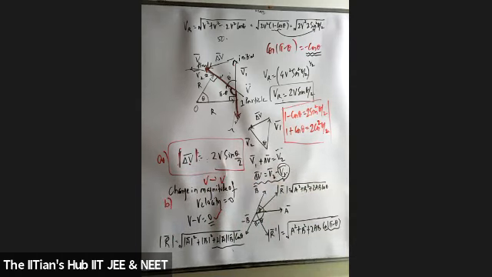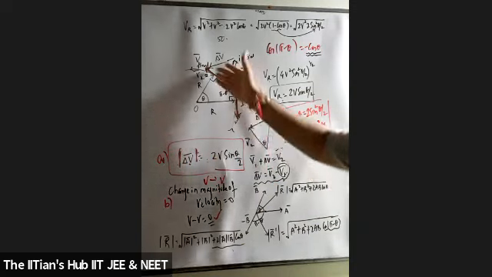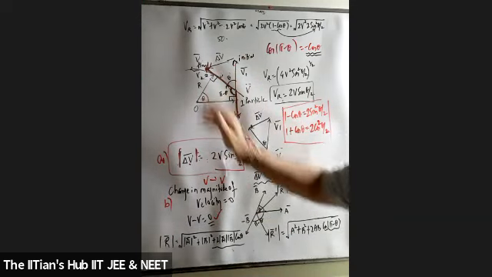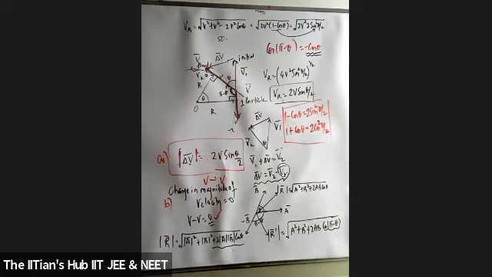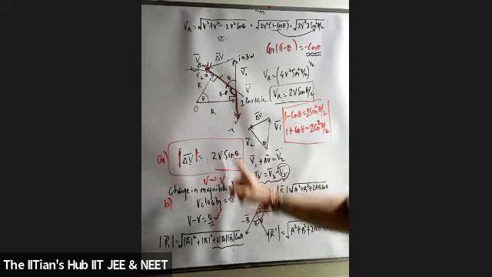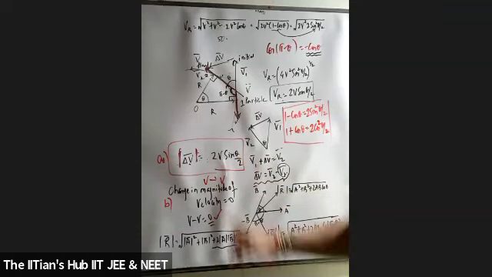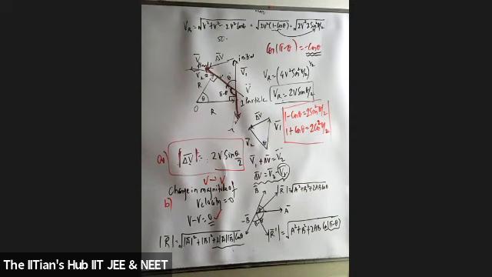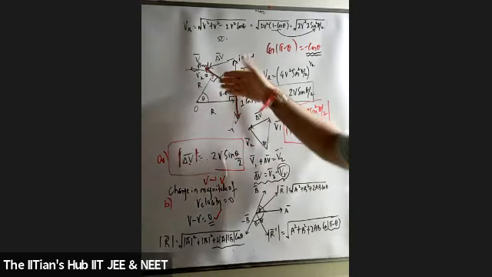Now suppose I give you an angle. I give you this same question: the magnitude of velocity is v, students, and the particle traces an angle of 60 degrees. Can you tell me the magnitude of change in velocity? So can I say 2v sin 60 by 2? 60 by 2 means sine of 30. What is sine of 30? Half. 2 and 2 get cancelled. Answer is v. Are you getting it, students? They might give you the angle in this. I added a little more into this.